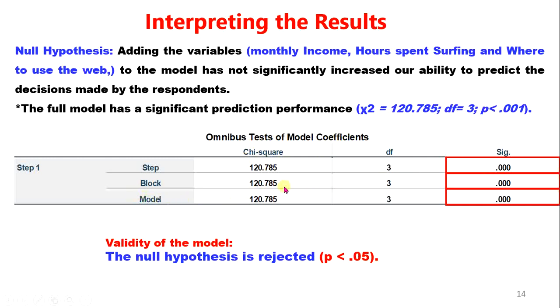ይሄው ሞዴሎቹ ቻይ ስኩዌሩ 120.785 degrees of freedom, this significant value is less than 5% ነው የመጣው ማለት ነው። ይሄ ምን ነው ቴስት የሚያደርግልን null hypothesis ምን ነበር: adding the variables monthly income, hours spent surfing and where to use the web to the model has not significantly increased our ability to predict the decision made by the respondent ነው ያልነው ስለዚህ ይሄን null hypothesis ሪጀክት አደረግን ማለት ነው ምክንያቱም ይሄ p value less than 5% ስለሆነ እነዚህን ቫሪያብሎቻችን ወደ ሞዴል ውስጥ መጨመራችን predicting ability of the modelን ይጨምርልናል ማለት ነው።